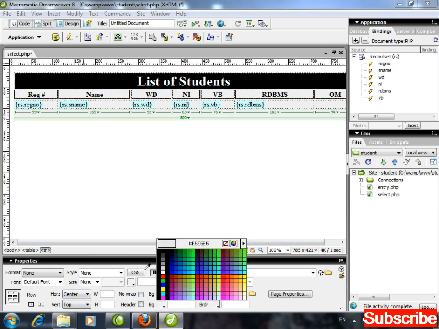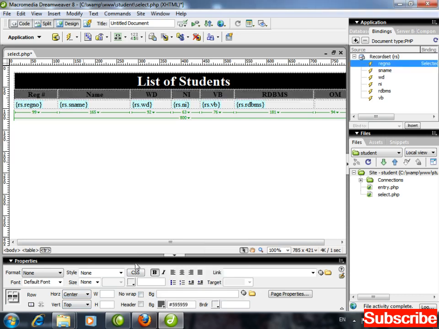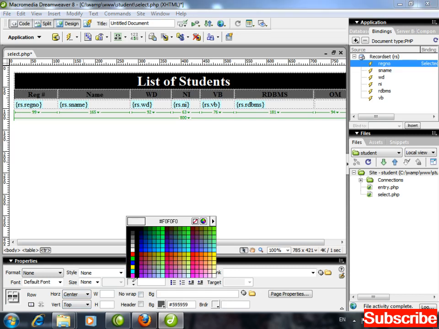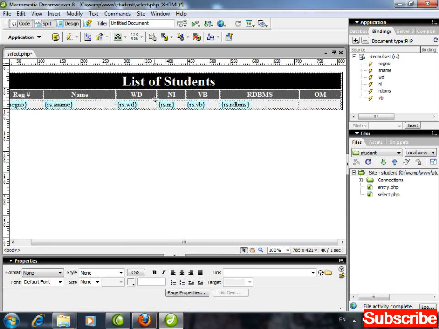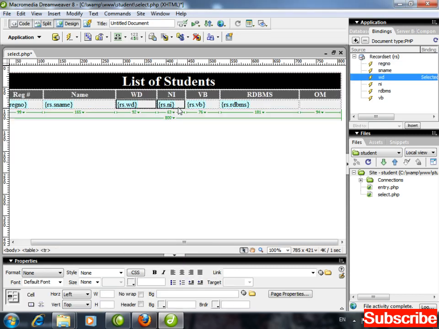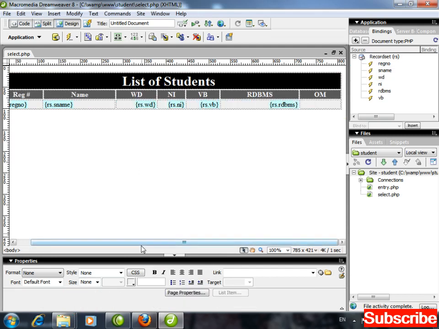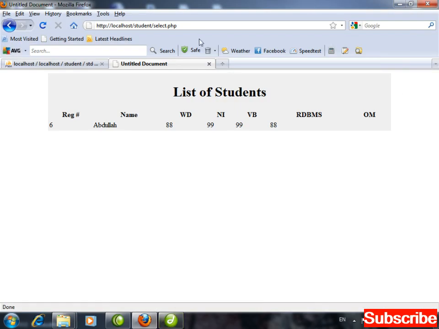Their background color I want to change to like this, and text color to white color. The numbers, the web designing, network infra, Visual Basic and RDBMS, all of them I want to change its alignment to right side because all of them are numbers. Control S. Now see here, refresh.